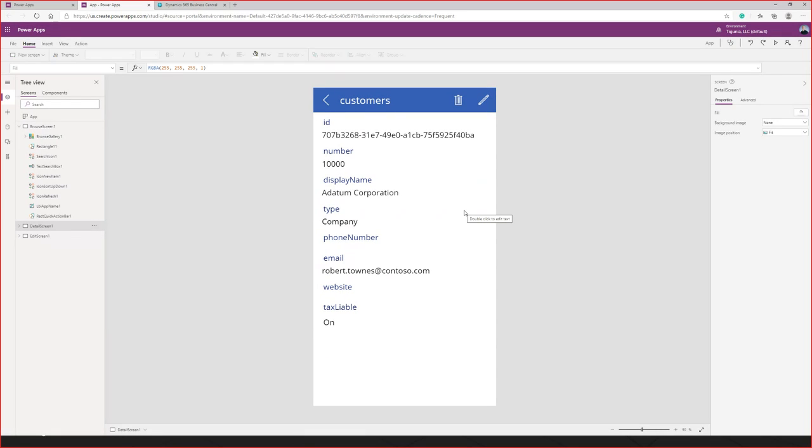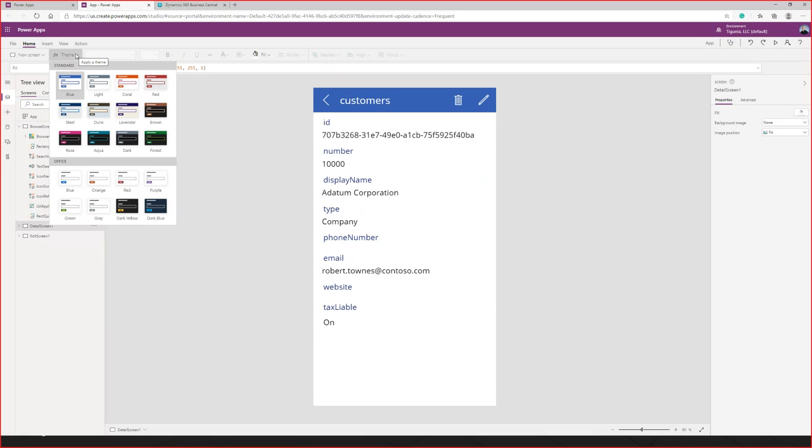I really like that because now I have the format of how to do stuff. Remember, this is actual application development with low code. I've done all this without doing any code or anything. Now it's just setting properties and parameters. So the first thing I want to do is change the theme. I kind of like a coral theme. This looks a little more like Tigunia colors.